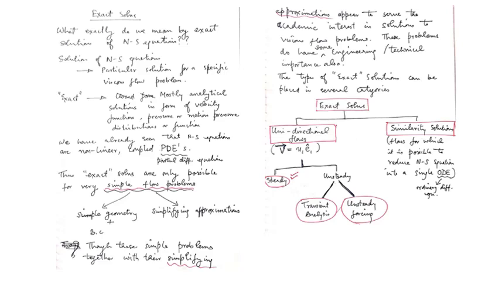There is simplicity of geometry and boundary conditions, and in addition we have some simplifying approximations about the flow. Better word is approximations. So, through these simple problems together with their simplifying approximations,